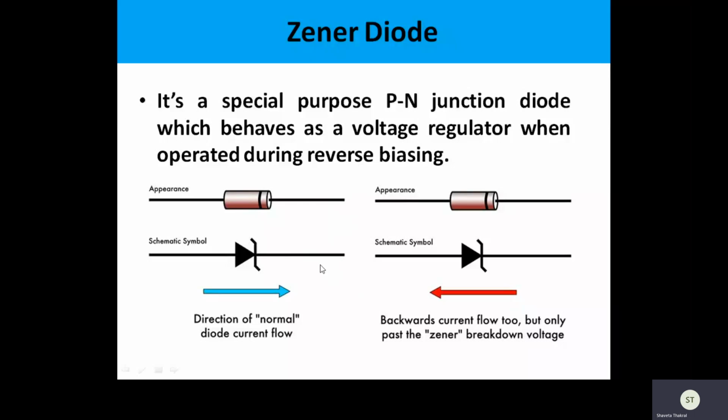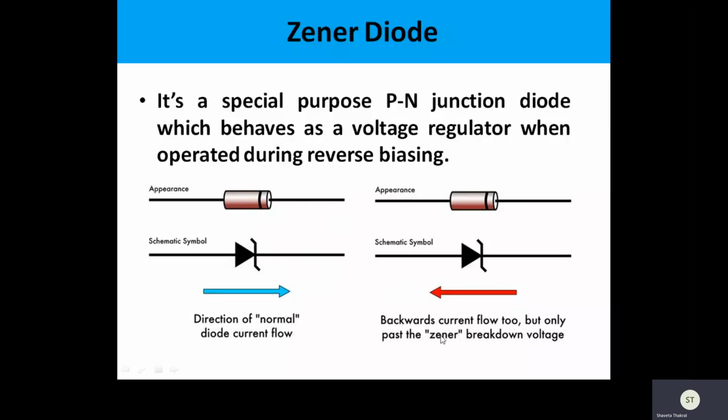So if we compare the Zener diode with the normal diode, the direction of current flow in the case of the Zener diode is the same as the ordinary PN junction diode. In forward biasing, the current usually flows from P to N. This is the P type material and this is the N type material. And if we talk about the reverse direction, that is from N to P, it also supports the backward